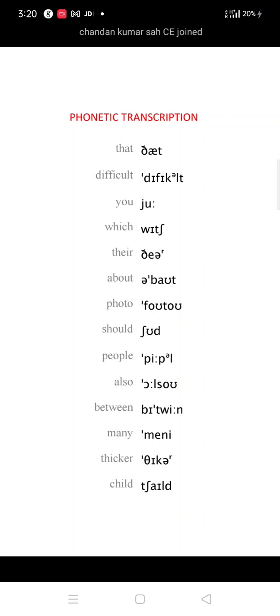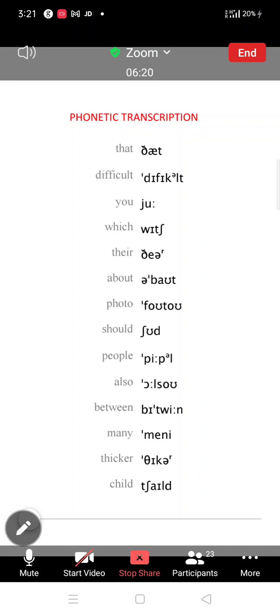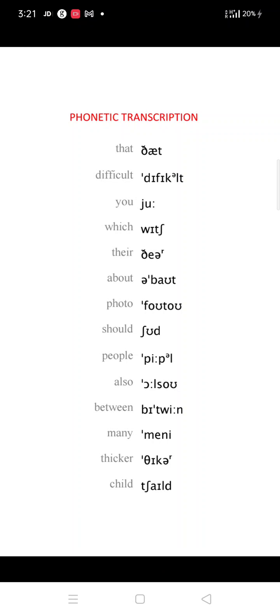There are three sounds used in the word "that," and you just have to write down the symbols used in the word. There are three sounds, so you have to write down three symbols also. So the first step is you have to pronounce the word, then identify the correct sounds used in the word, and then write down the symbols. Next,